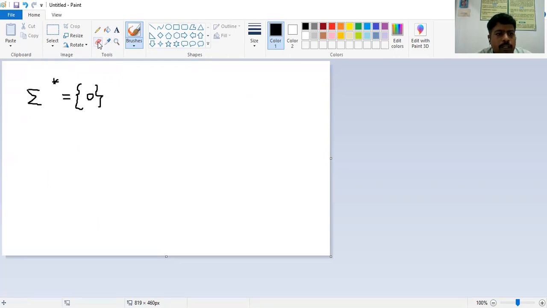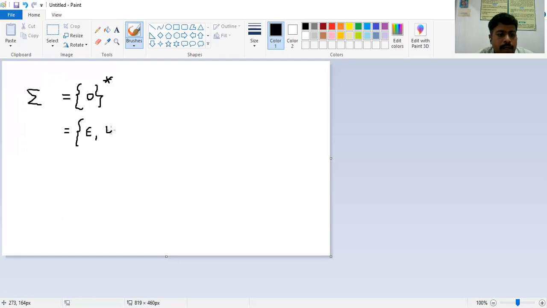So no need here; instead, given epsilon, I can use the Kleene closure here, right? According to this case, what strings can be generated for the above alphabet? The first string is epsilon. I previously told you that whenever we represent the Kleene closure, the definition should be zero or more times. Zero in the sense we can say epsilon. So zero or more times, in the sense one time the epsilon symbol takes place.